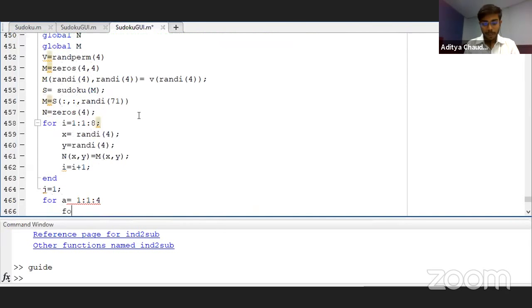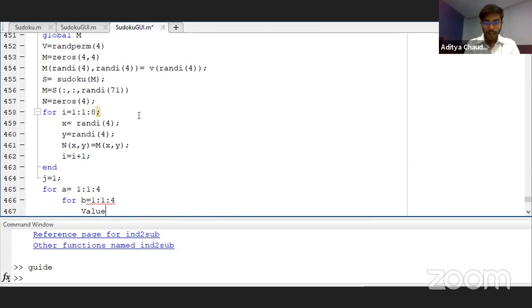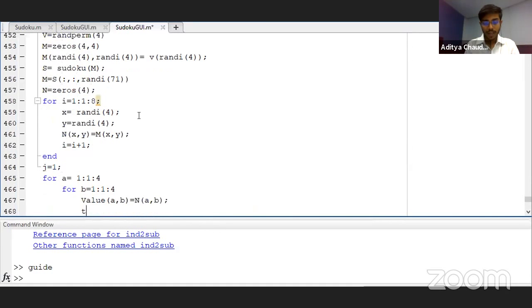So this is something to go row by row or column by column, so 1 is to 1 is to 4. And we have this value a comma b, which is equal to capital N, which we have already created as a new matrix, and that contains all our answers. So this is the function this handle; we'll be creating a variable, this handle equals to